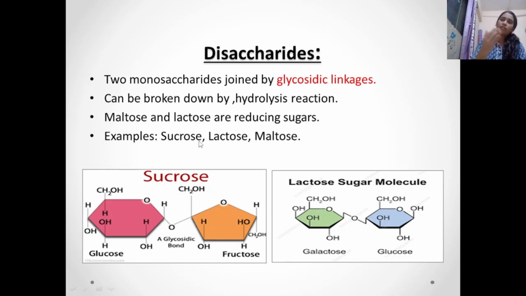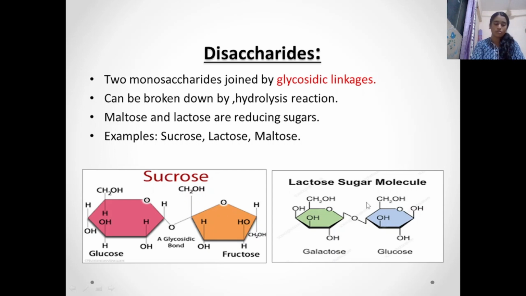As we saw earlier, all monosaccharides are reducing sugars. But in the case of disaccharides, it is not the same. Disaccharides like maltose and lactose are reducing sugars. Now, if we see the structure of lactose, we don't see any free aldehyde or ketonic group, but